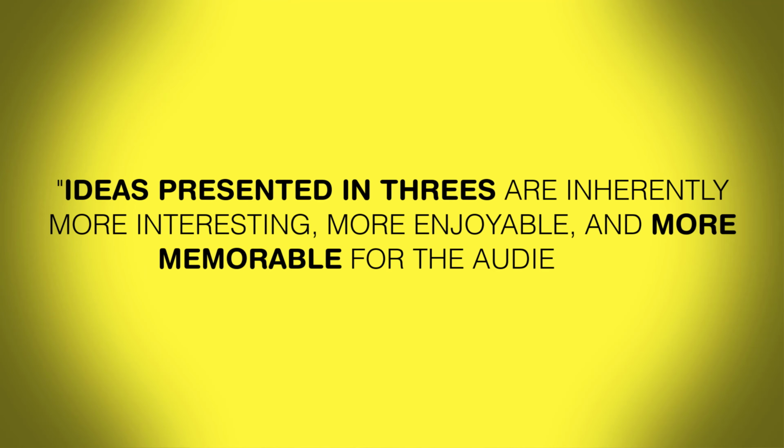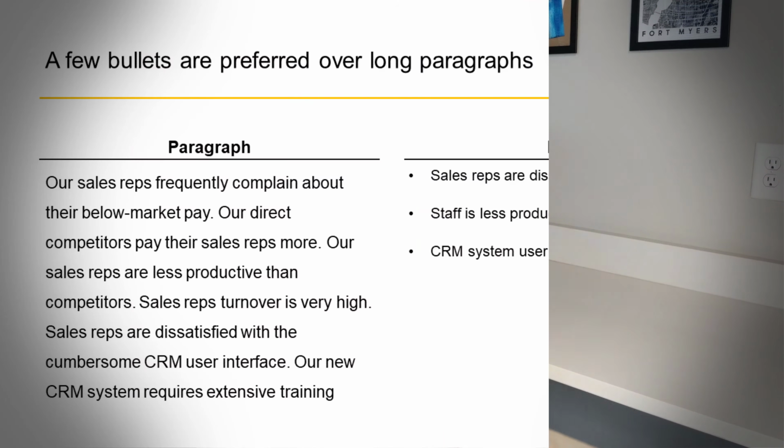And the rule of three is one of the most universally applicable communication principles. The beauty of it is you can use it across communication methods. The rule of three says that lists or ideas that are clustered in threes or communicated in threes are more effective and memorable. So whenever you communicate a list of things, you want to try to get it down to three.